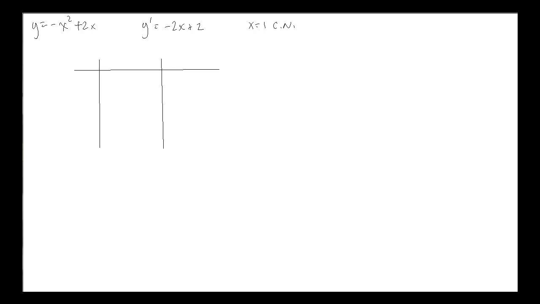So the way that this chart is drawn is you're going to have function in one column, and then we're going to have intervals. So we're going to have a function y and our function y prime. And then we're going to have our intervals here. And our intervals are created by using our critical number. So our critical number is 1, right? So we're going to break the real number line at 1. So I have the interval to the left of 1, which is negative infinity to 1, and then from 1 to infinity.